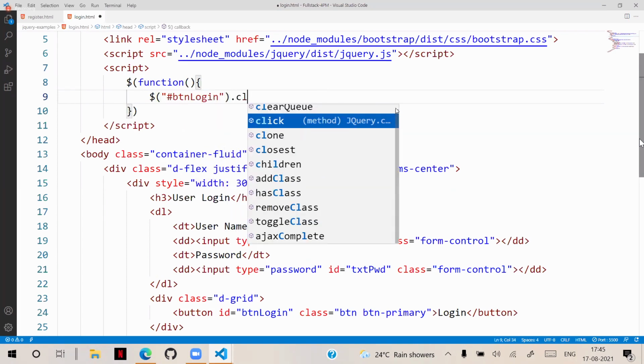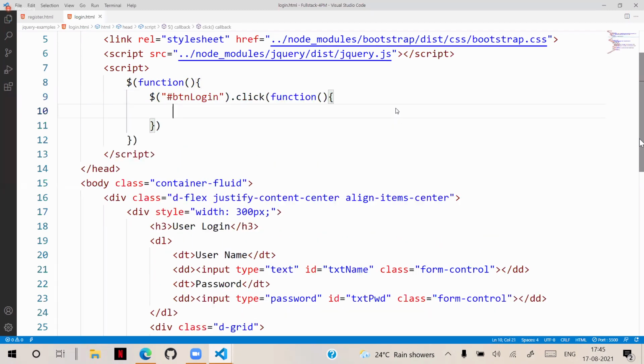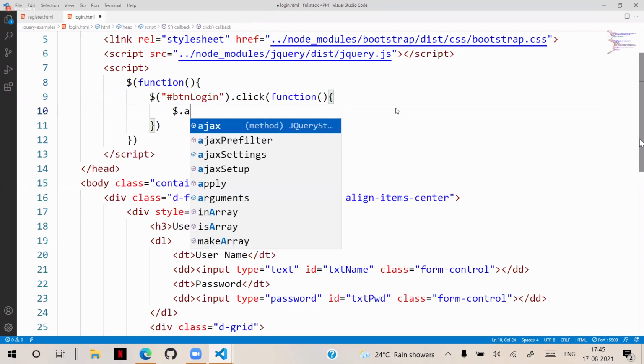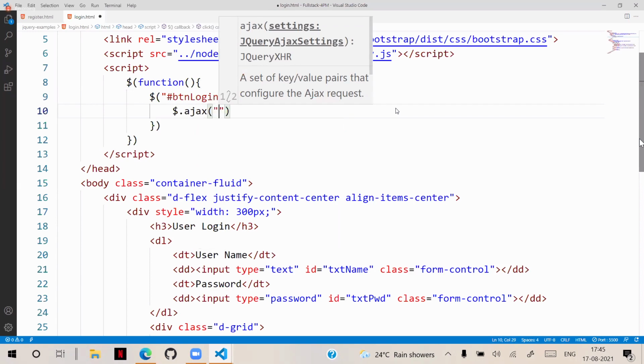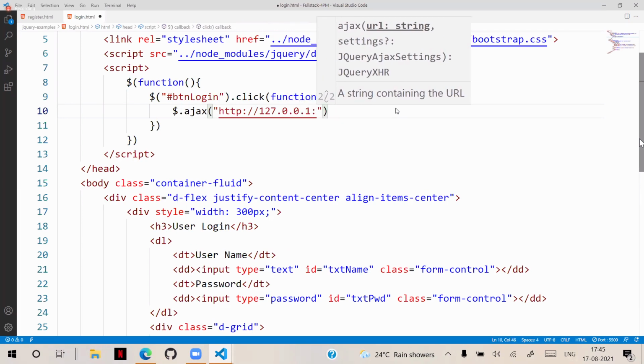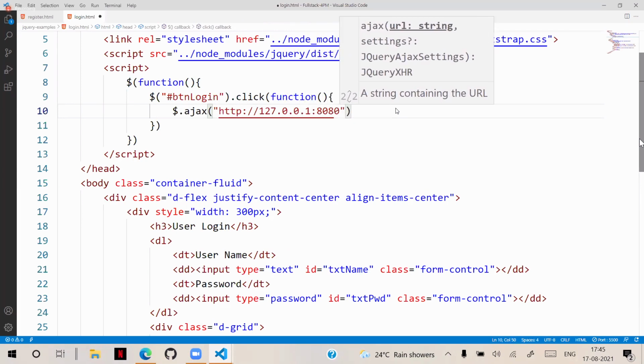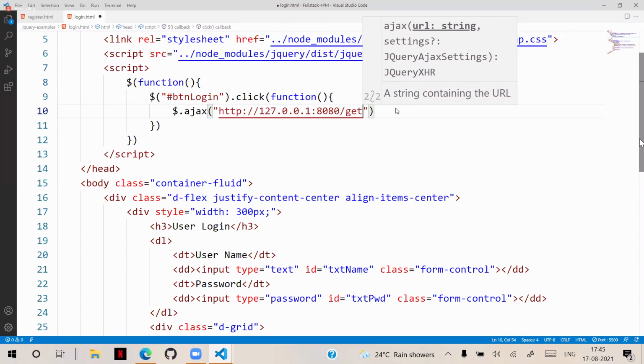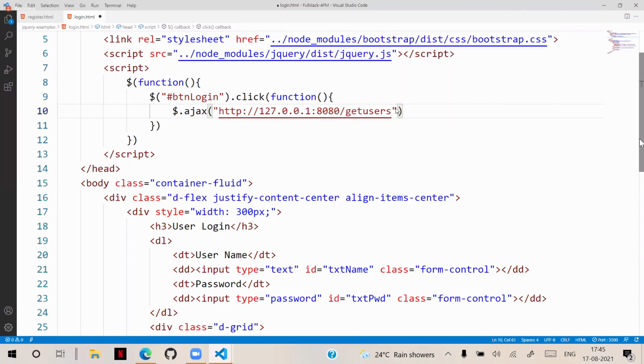On btnlogin click, a callback function. It should access the data by using AJAX. We will access http://127.0.0.1:8080/getUsers. That is the request.